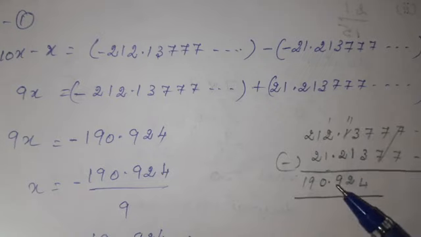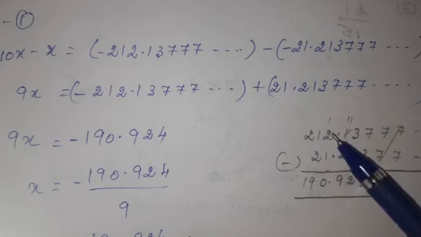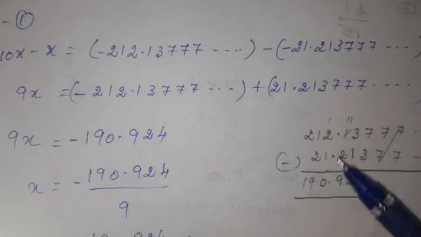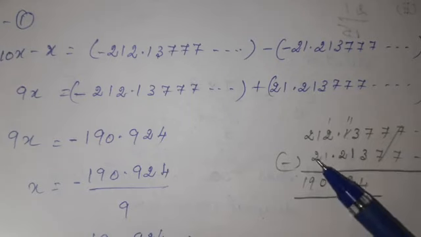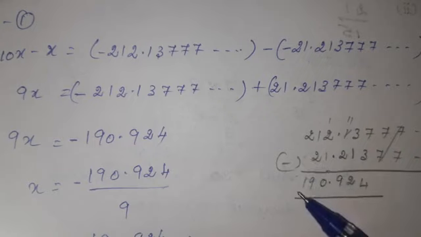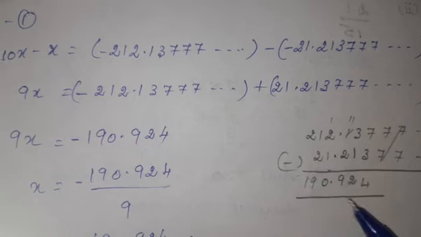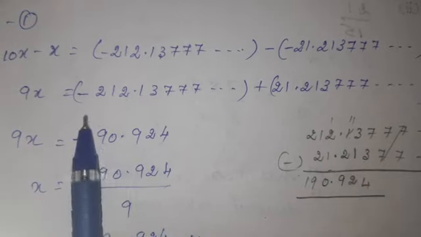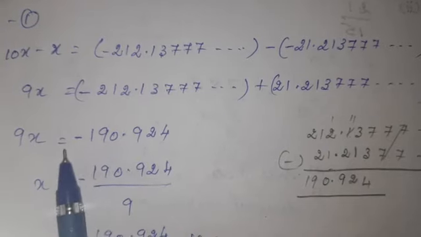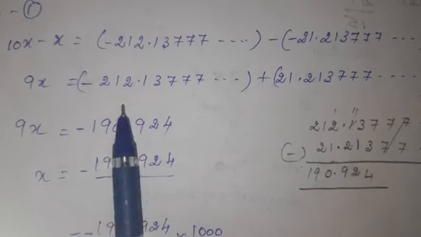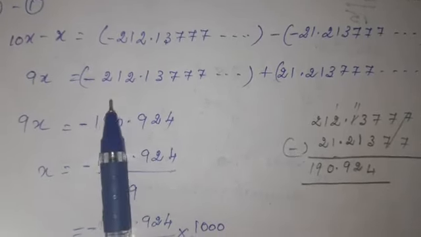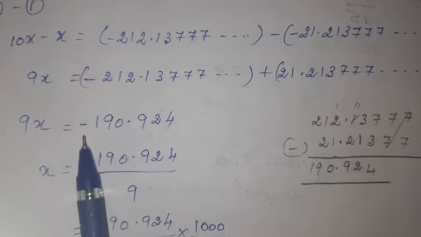When you borrow you will get 11. 11 minus 2 is 9. Point. Here you will have 1. 1 minus 1 is 0. Here again a smaller number, you should borrow here. 11 minus 2 is 9. The remainder you will have here is 1. Therefore our answer is 190.924. That I have written. In the question you have minus, so minus. Why have I written minus here? Because of the greater number's sign. Which one is greater, this one or this one? 212 is greater or 21 is greater? 212 is greater, so I have written that minus sign.